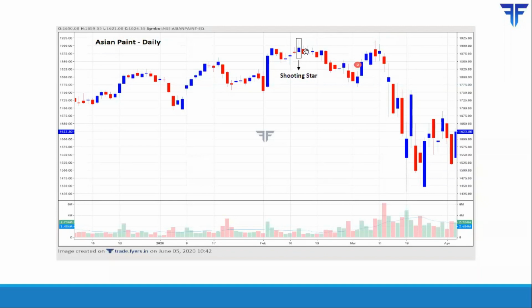In the subsequent day, as you can see, the high of the shooting star was not broken and the low was broken. So that kind of tells you to probably place a sell order below the low of the shooting star as long as the high of the shooting star does not break. And as you can see, in the subsequent days, price fell a bit, then recovered, but again, price took resistance near the high of the shooting star and then fell sharply.